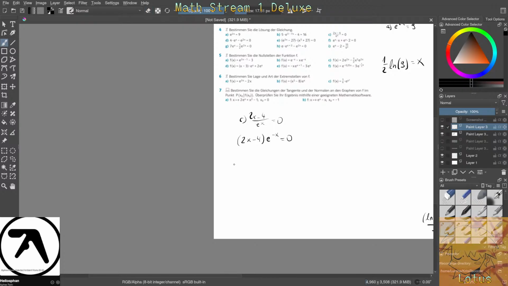2x minus 4 times the power of e to minus x. Yep, that's a tricky question, I believe. So we're gonna have to see. Yeah, let's do it. I think that's gonna make it way easier. So we're gonna have 2x times e to the power of minus x minus 4e to the power of minus x, right? So then we have 2x e to the power of minus x,